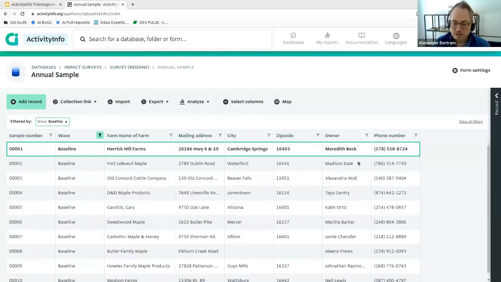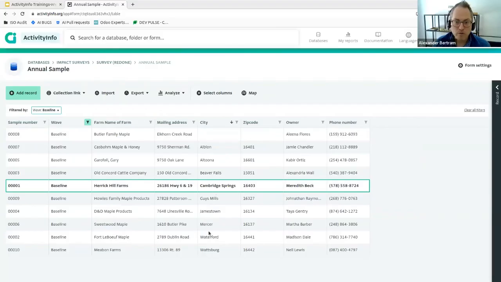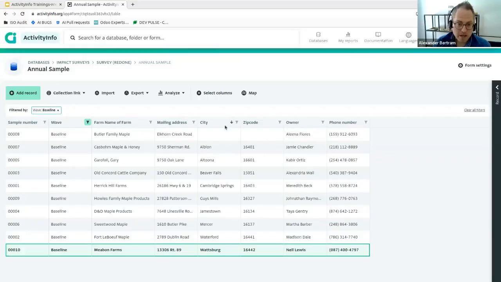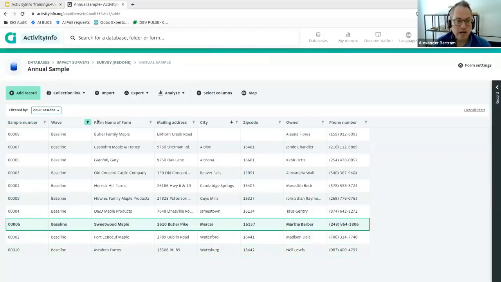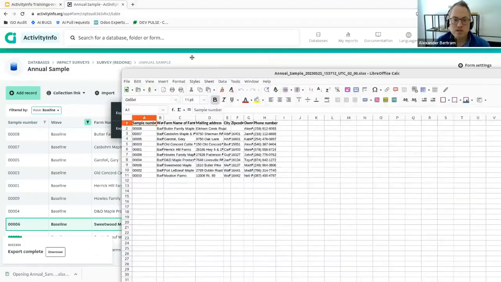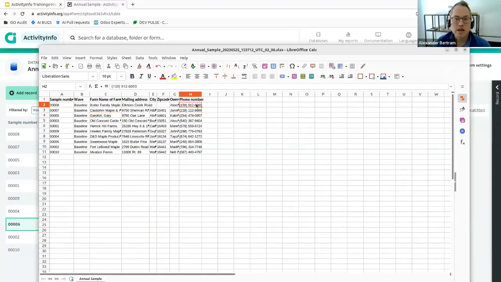So now what we've got is a bit more of a roadmap for our field work. And you can see here, I can sort this by city or by county or zip code, so that I can plan how I'm going to actually approach this field work. And this is also a great thing. You can export this, print this out, give this to your teams, because this gives them a really easy way to find the person, call them if necessary, and then they have the number that they just need to plug into